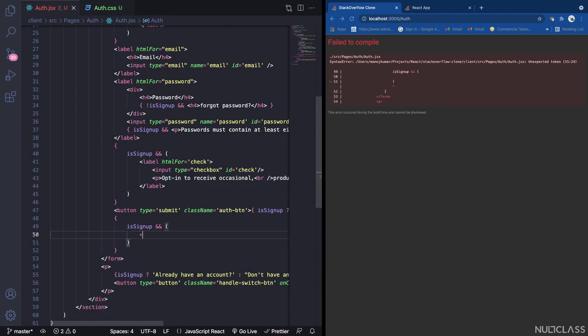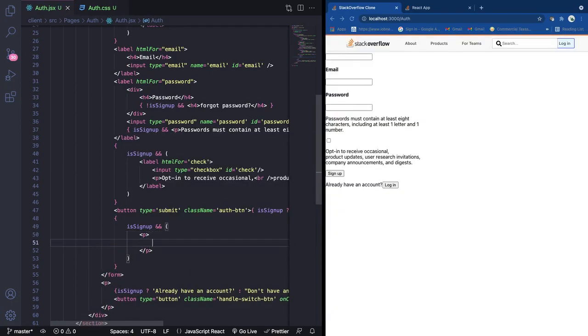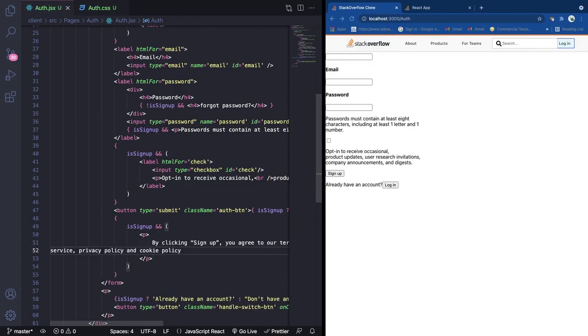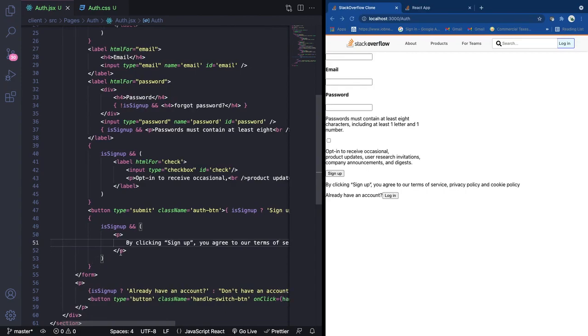Inside the parenthesis the auto completing is not working, so that makes me tense a bit. So inside that p tag we will just paste these things,